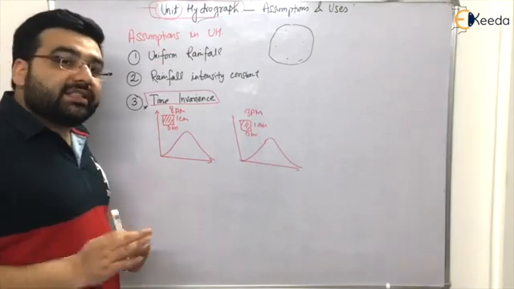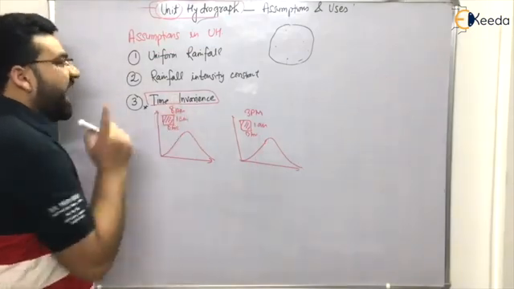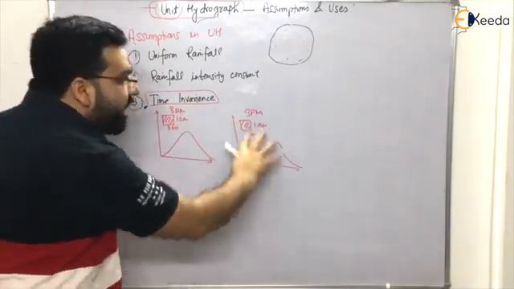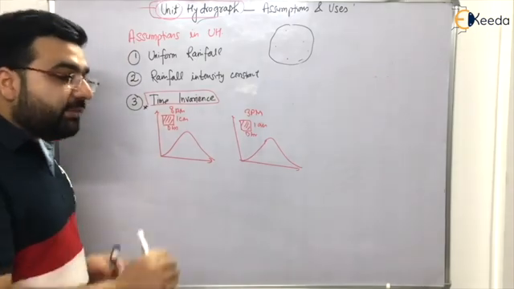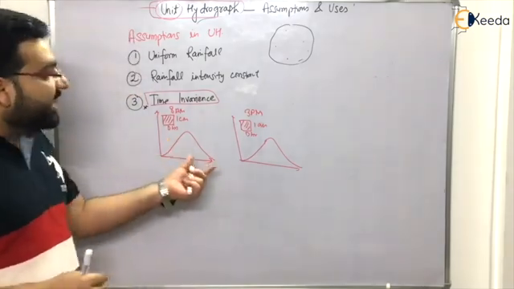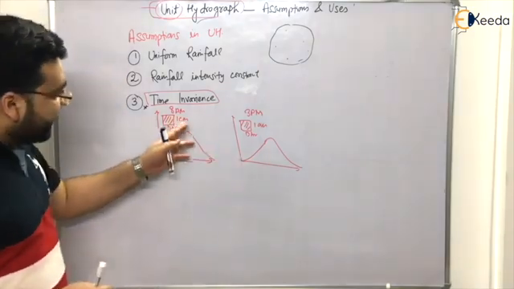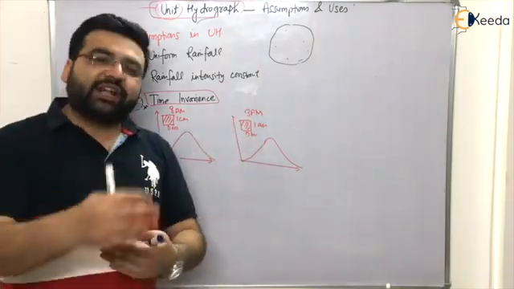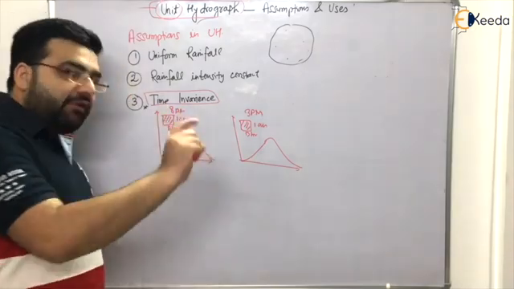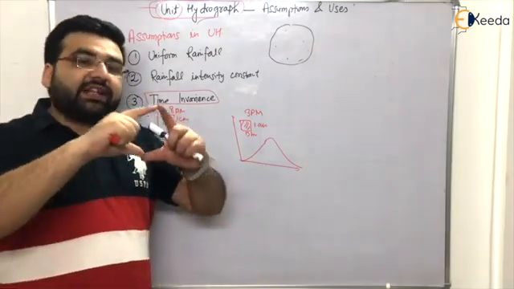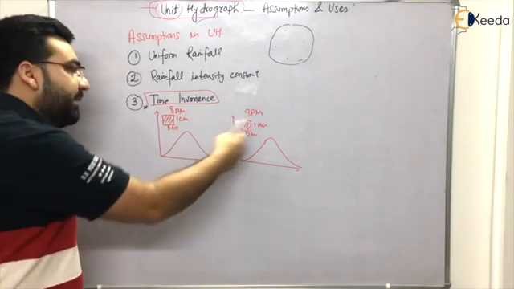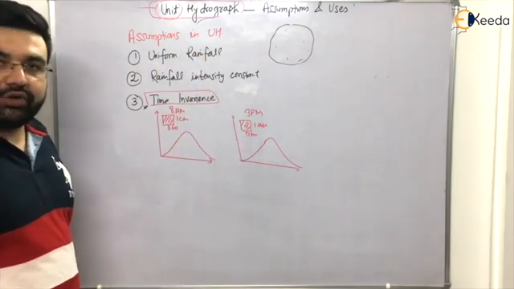A lot of students get confused with the term time invariance. So I hope that you have understood time invariance. Time invariance means that the direct runoff hydrograph will be independent of time, whether it is 8 a.m. or 3 p.m. or after 2 days or 3 days, if the same amount of effective rainfall is there, then you will get the same DRH, direct runoff hydrograph, right?